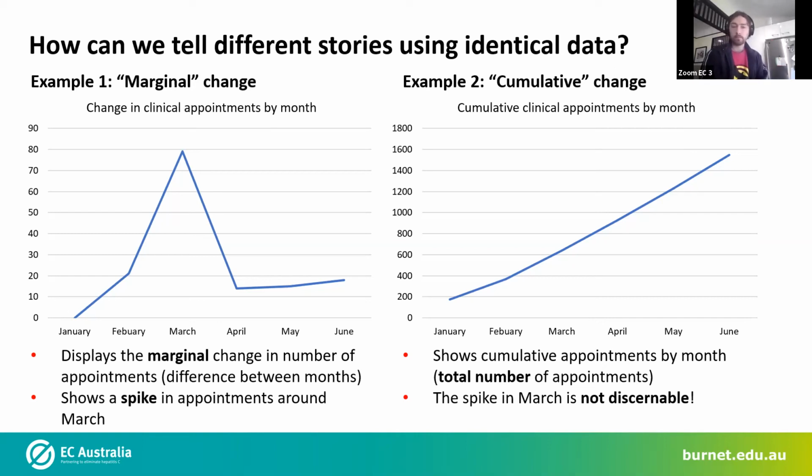Okay, thanks. So occasionally this may actually go below 0 in the marginal change, if you've got fewer people in subsequent months than the month before. Yep. And the marginal change is something that's used a lot in financial data and economic stuff. It's not used so much in health, but you can really change the story that you're telling. Mm. And Jackie, is this where you're asking why are you not using a bar graph?